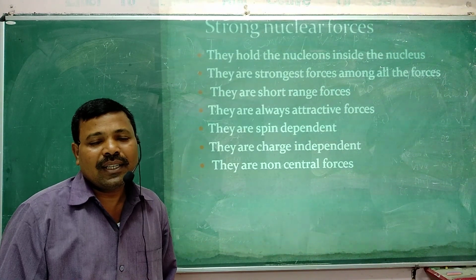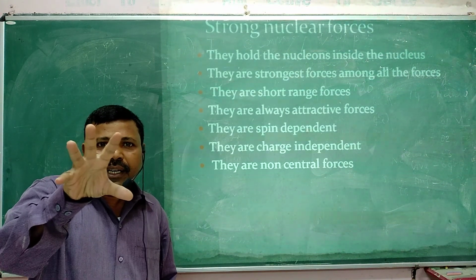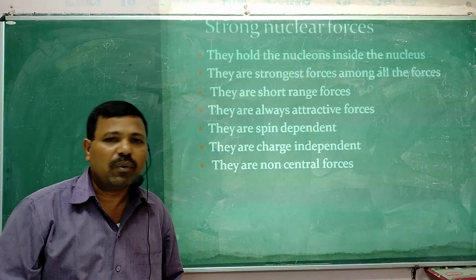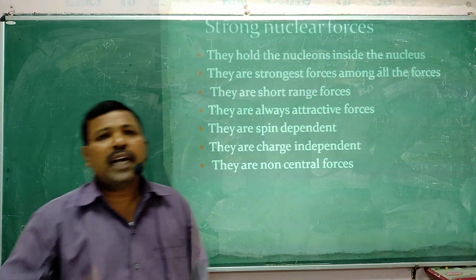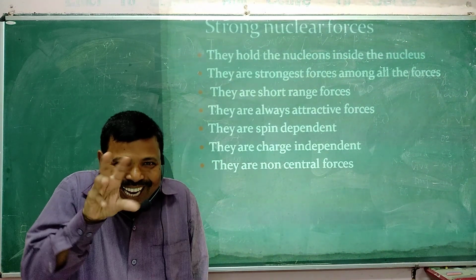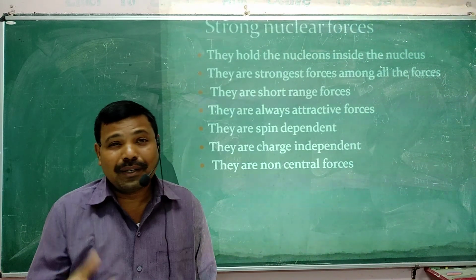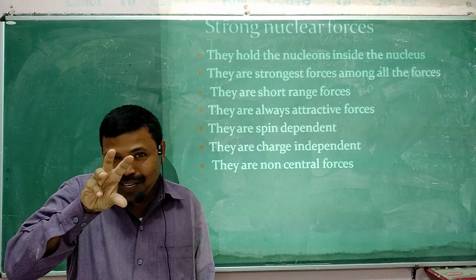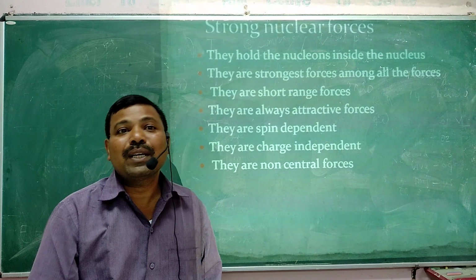As all of us learned, in an atom the central part of the atom is the nucleus, and around the nucleus electrons are revolving. The size of the atom is approximately 10 to the power of minus 10 meter, whereas the size of the nucleus is about 10 to the power of minus 15 meter. It's very, very small. The central part of the atom is the nucleus, and this nucleus contains protons and neutrons, which